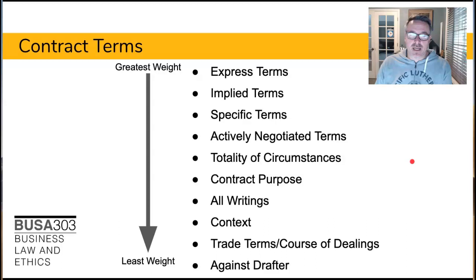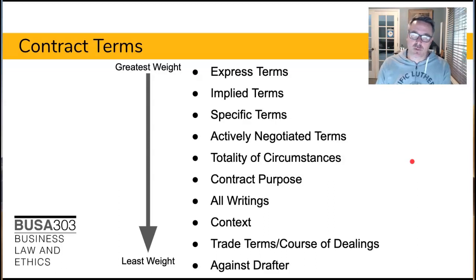We look then at specific terms, like what specific terms exist, and so we can infer from what the specific terms are. Then we look at how much time the parties spent negotiating a term. If they were really actively negotiated terms, then we give them more weight. And if they were sort of ignored, they were just boilerplate language, the court can then take into account the totality of the circumstances,